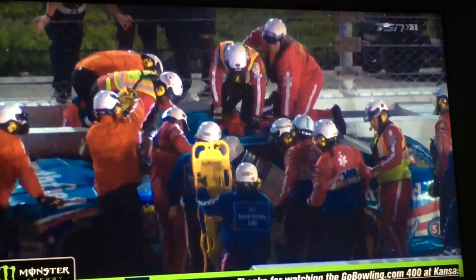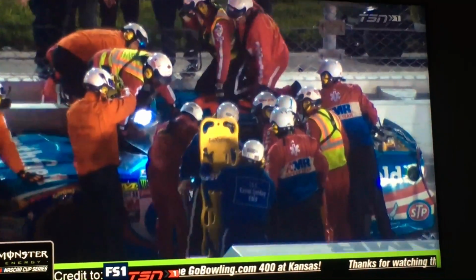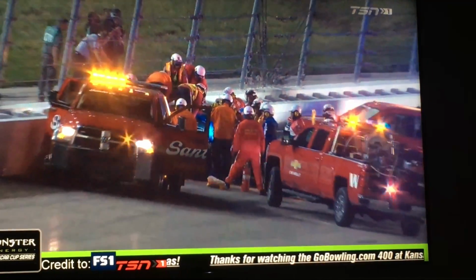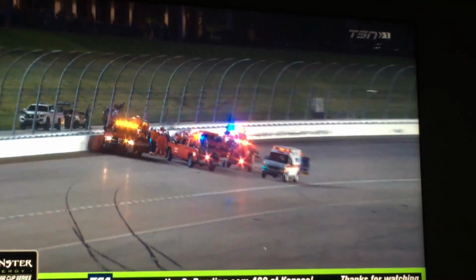Well, Mike, look where he ended up. The wreck's back here in the middle of 1 and 2, and Aric's car is over on the back straightaway. Yeah, he rode the wall and scrubbed off speed for a good quarter of a mile after that initial impact. One thing you didn't see was the